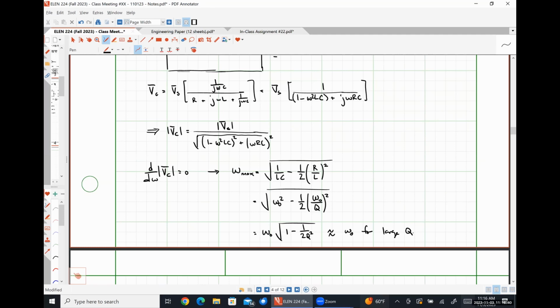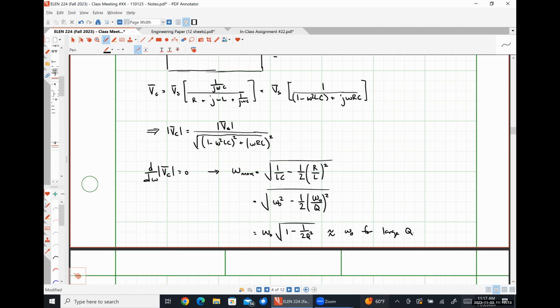Not a whole heck of a lot, except that when we're drawing our Bode plots for a system like this, actually that peak value that we see for our resonance should be shifted very slightly lower than omega naught. And depending on the value of Q, depends on how far we would shift it to the left, right? So for very high values of Q, we could put it right at omega naught, and that would be fairly accurate. For very low values of Q, it would actually be shifted to the left some.